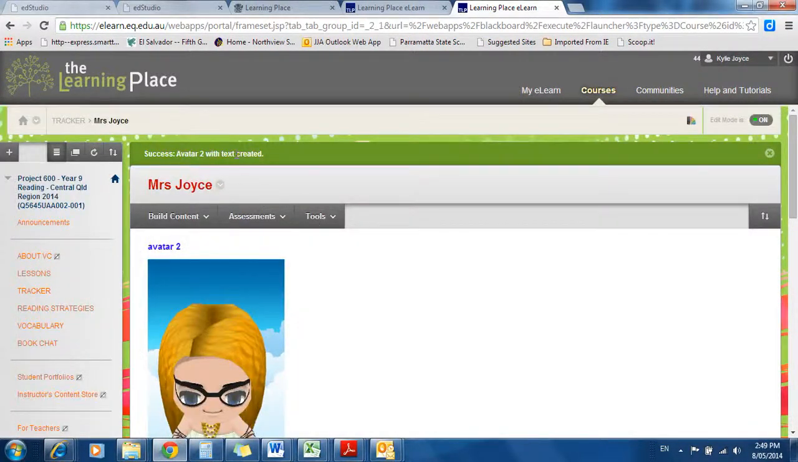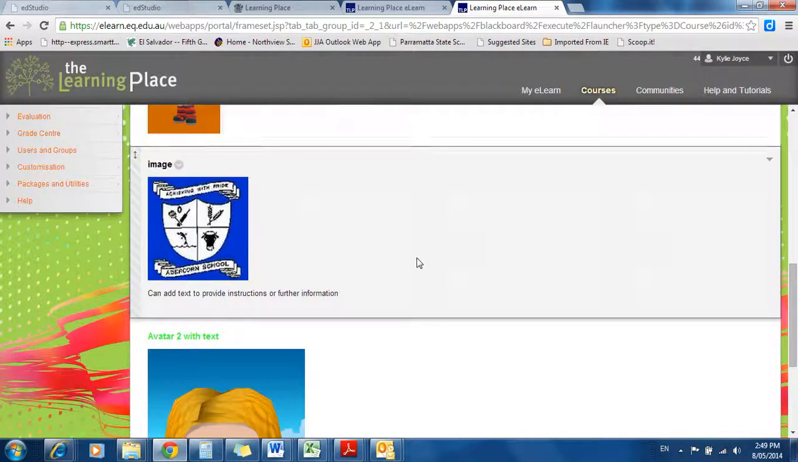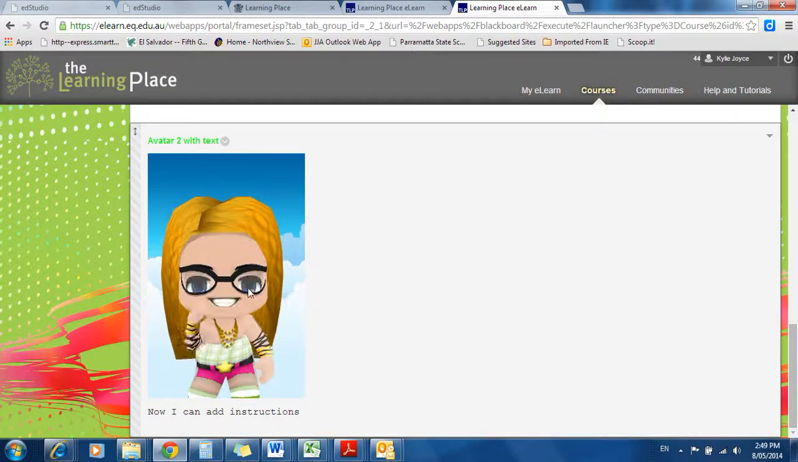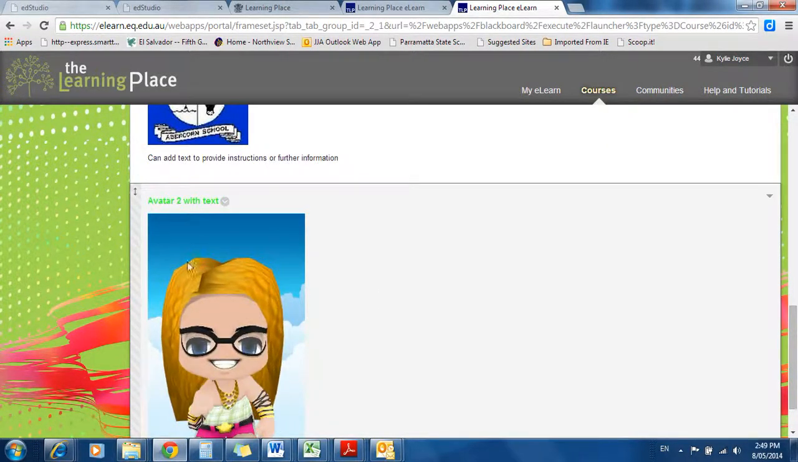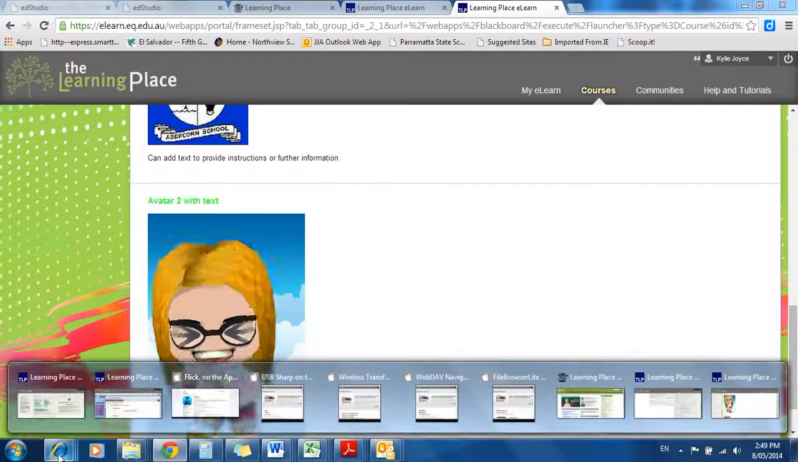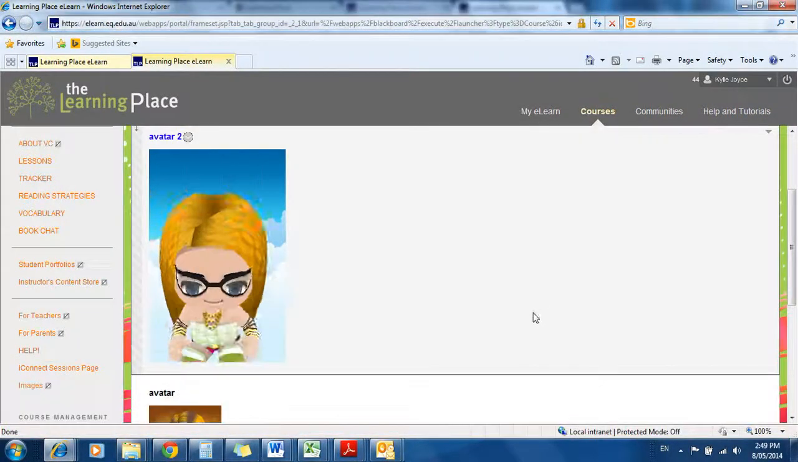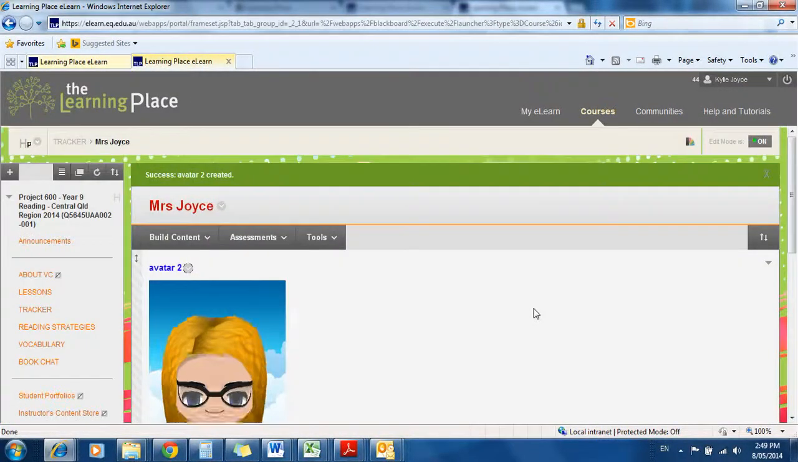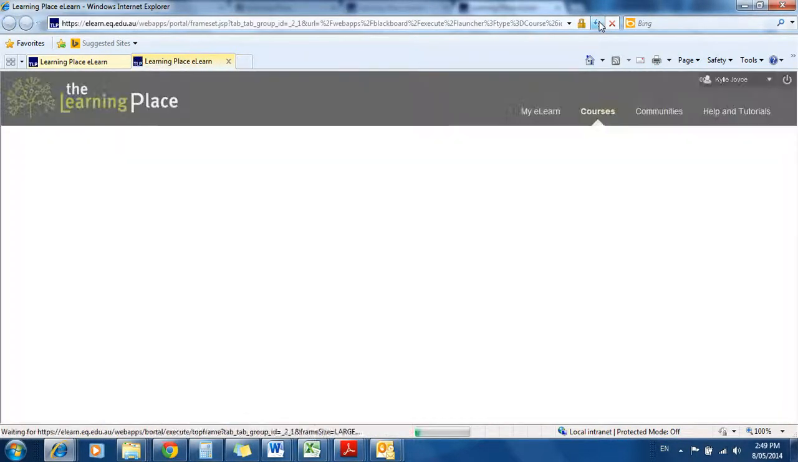Now again, showing me up the top that yes, Avatar 2 has been created successfully. Always down the bottom, so we can see she is a little bit larger than in the other situation. Now I will just take you back into the Year 9 classroom and see that it is not showing up there yet, but if I click on the refresh, I'm back in Internet Explorer